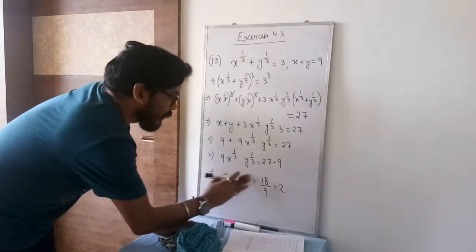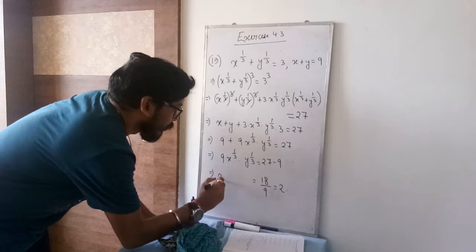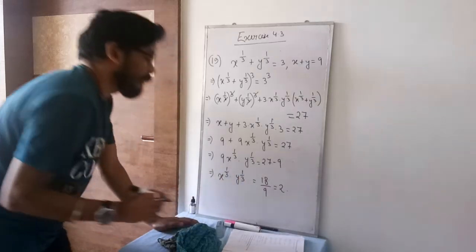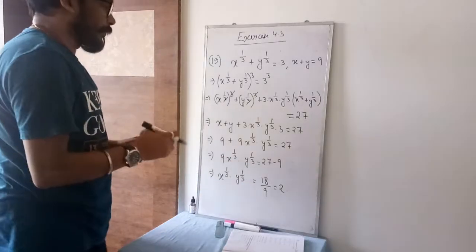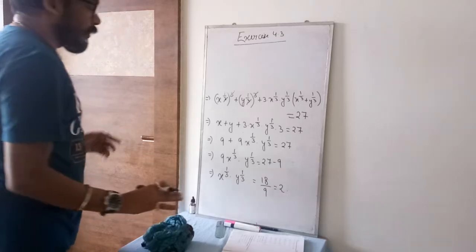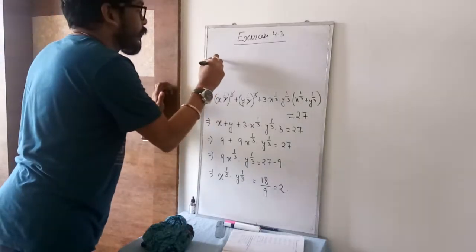So let me just write properly. I repeat again, please adjust with the handwriting. So 18 by 2 it is 9. I'll rub the upper part. Take the screenshot. Now you see what is this line.